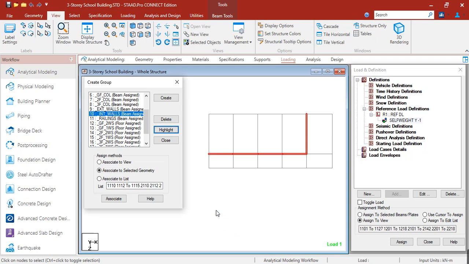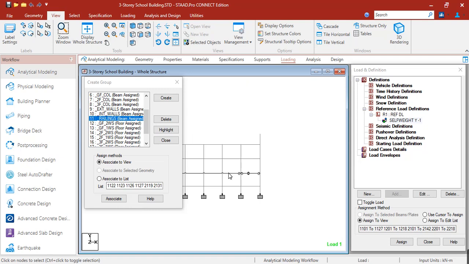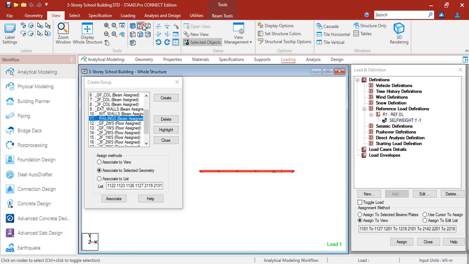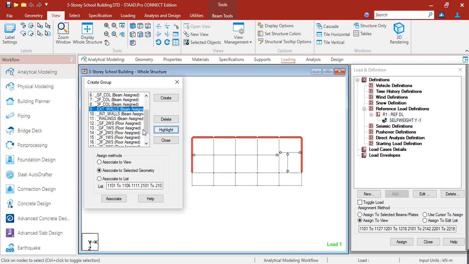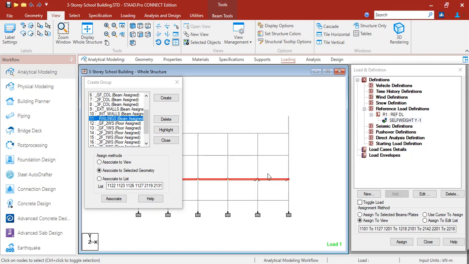Going back to our model, this is for the interior walls and for the railings. Next, for the second floor, this is the exterior wall, interior wall. Oh, we need to include this also for the interior wall. So just click associate. Okay, for the railings. For the third floor,